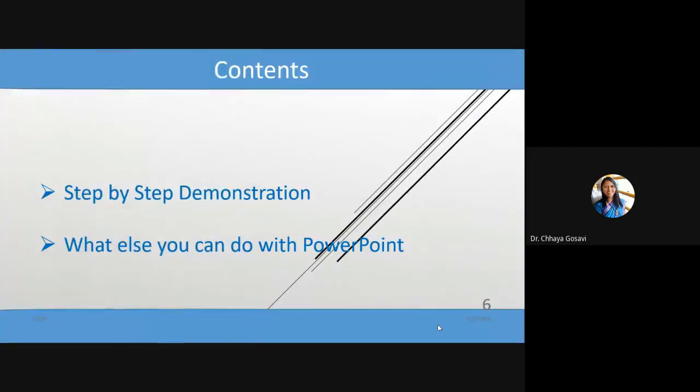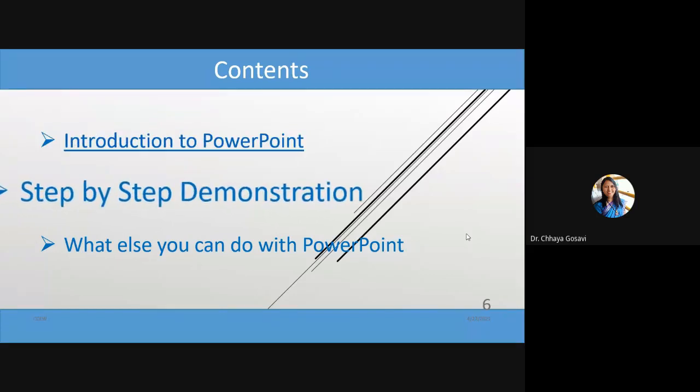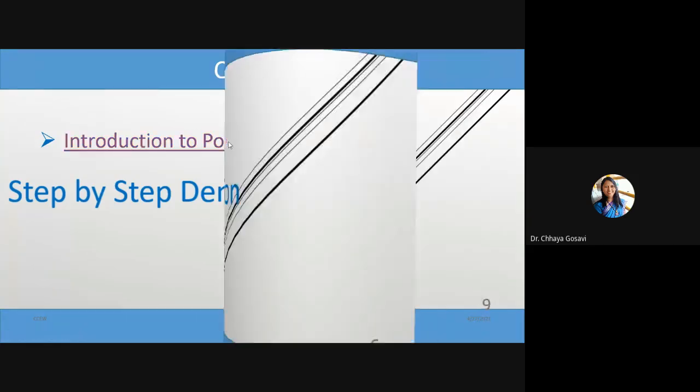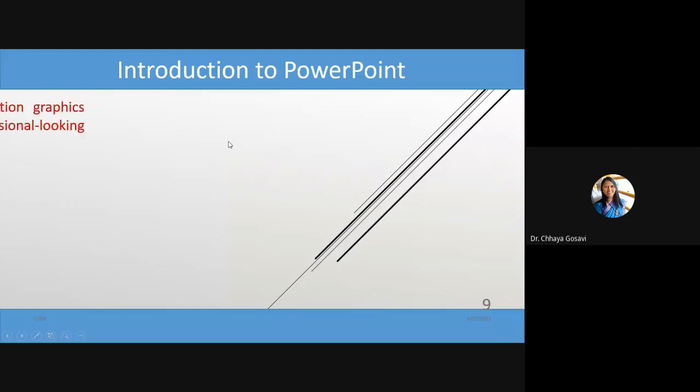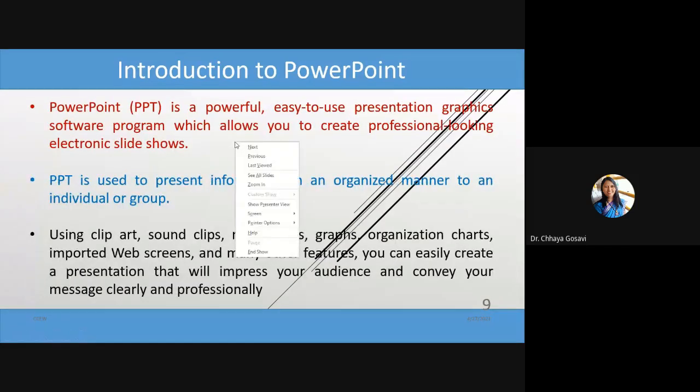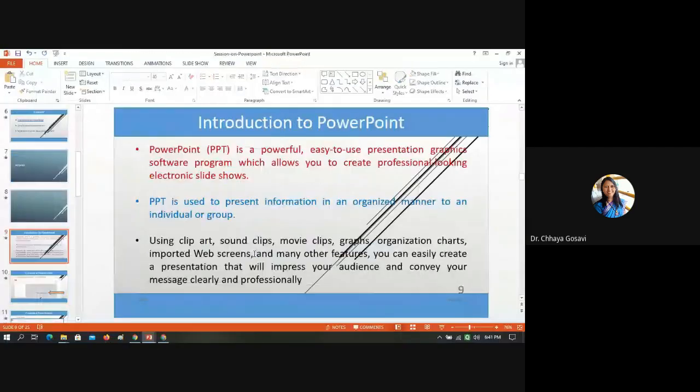If I create a slideshow, now I have given some animation. So let's wait for this. And when I click on this introduction to PowerPoint, I'm directly going to this slide number 9. So it will be easy for you to navigate between the slides. Now from this slide, I have to come back. I'm here. From this slide, I want to come back.